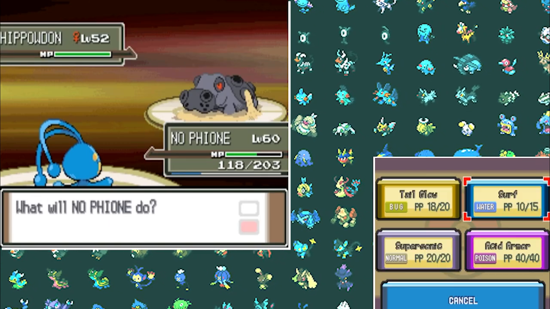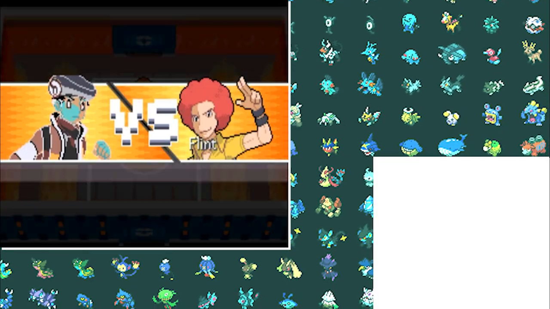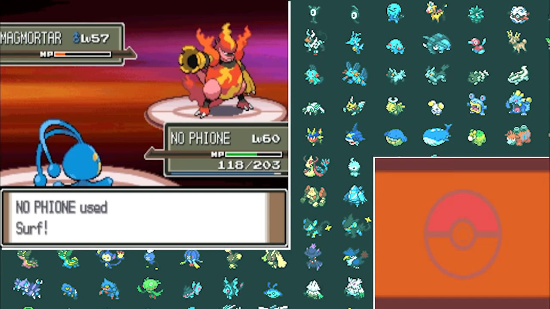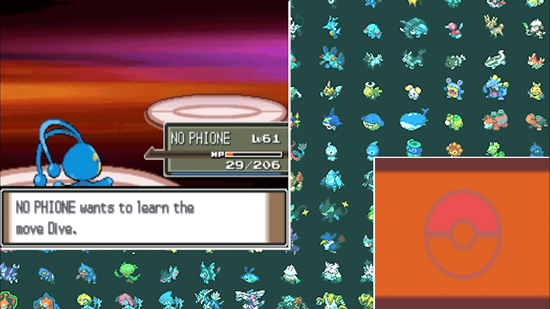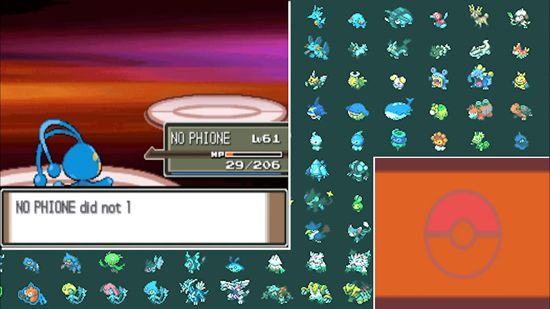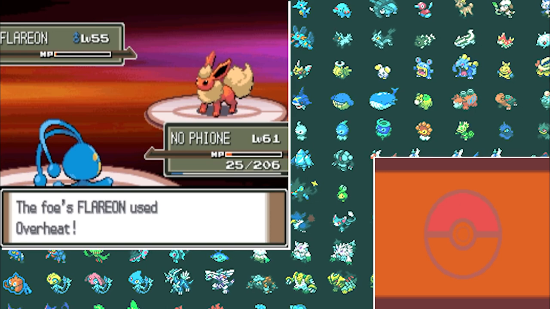Nothing is taking a Surf from this Manaphy. So then it's time for Flint, another one where we're good against fire types, so they are going to get absolutely obliterated here. But on my first attempt I actually lost to Flint because I didn't set up enough Tail Glows, and the Magmortar actually survived the Surf because there was a sunny day up and it was able to hit a few Thunderbolts. And then last up was Flareon, who also survived a Surf and then hit me with an Overheat